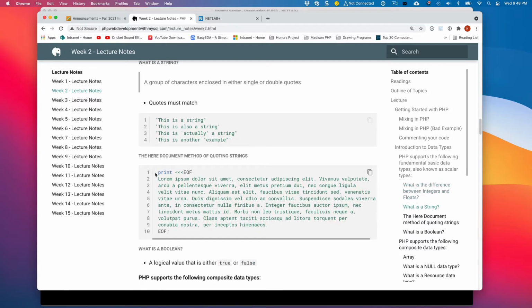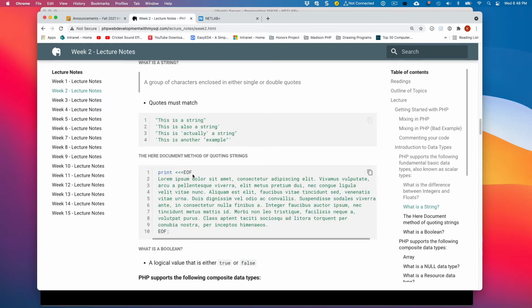So this is kind of interesting right here. This is called the here doc method of quoting strings. How this works is you would say either print or echo, and you would have these three left angle brackets followed by some character sequence of your choice, typically EOF, which stands for end of file, or it could be EOB, end of block, whatever you want it to be.